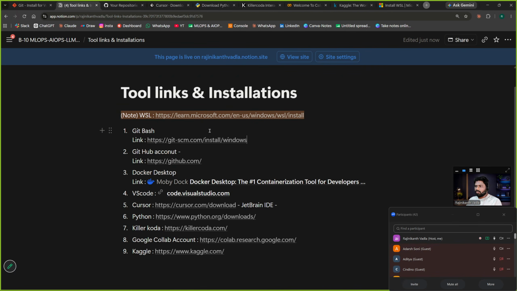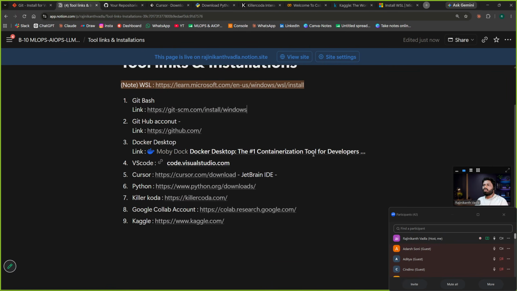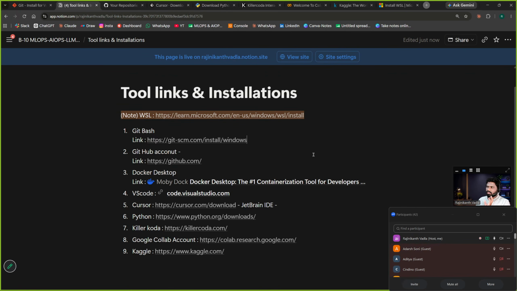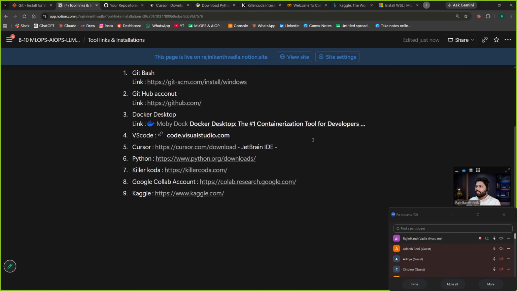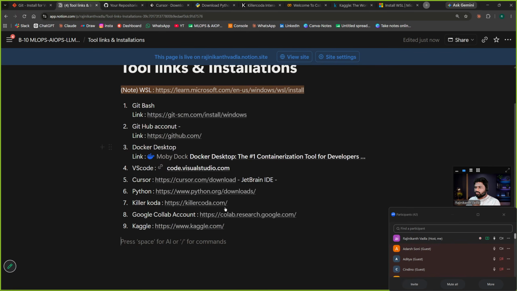If not, Docker will not work, your Git Bash will not work, and it will not support your Linux commands. So in order to practice Linux on your system, you need to install WSL, otherwise it will be hard for you. So this is the setup. Just install it and keep it aside, because we are going to touch it again in every class.